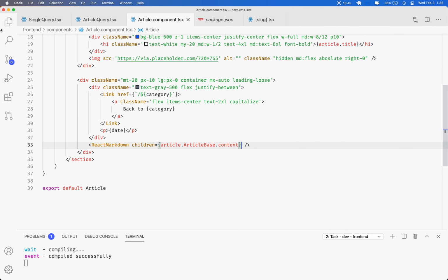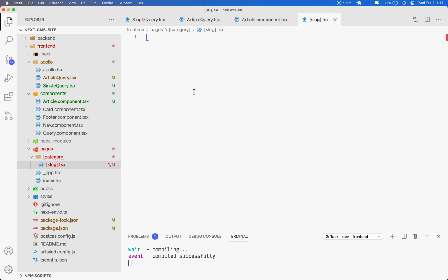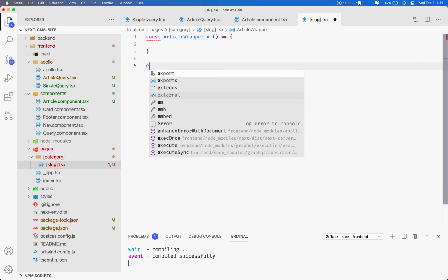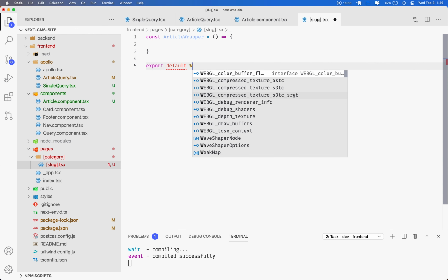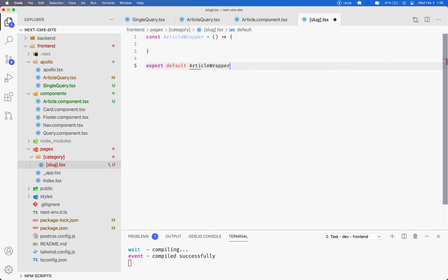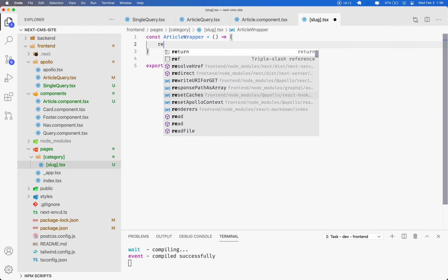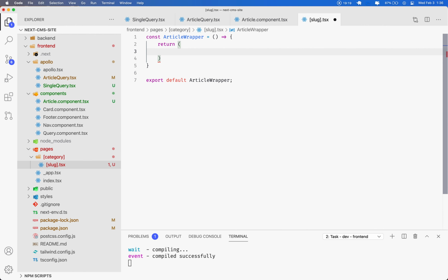So yeah, now moving on to here. So this is gonna be our slug. So let's create this, and we're gonna call this article wrapper. And then we're gonna export it, export default article wrapper. Okay. And then we're gonna have to return this. So here is where we're gonna pass in our article component. So let's import that. We're gonna import article from